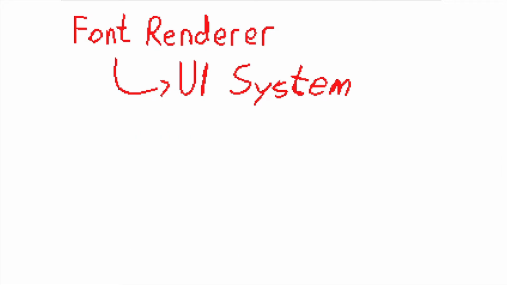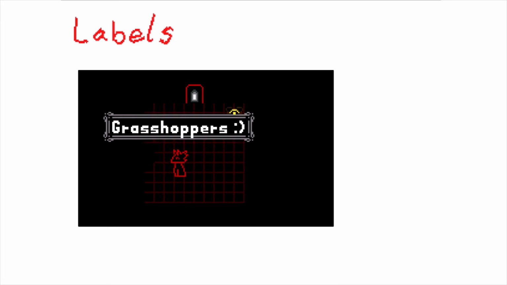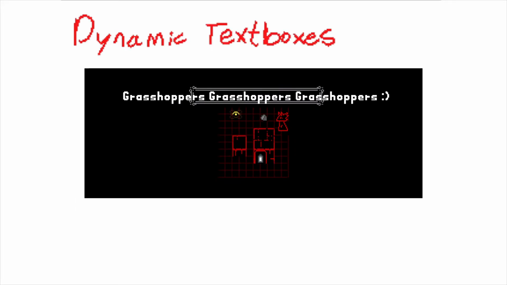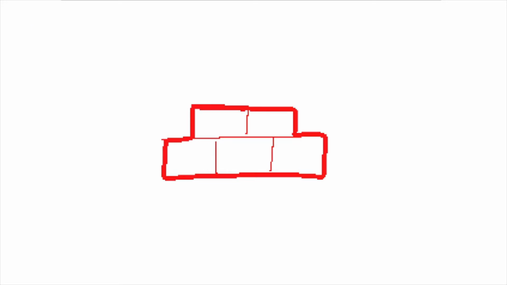And I also implemented a lot of other cool features like labels, which are basically just text boxes that fly above a certain entity you bind them to. There are also dynamic text boxes that will scale with the size of your text. And I created a specific rendering function for boxes that will take in a sheet and splice it up in a way that will perfectly match the size of the box. Adding a font renderer to my game was an essential building block in developing my framework,